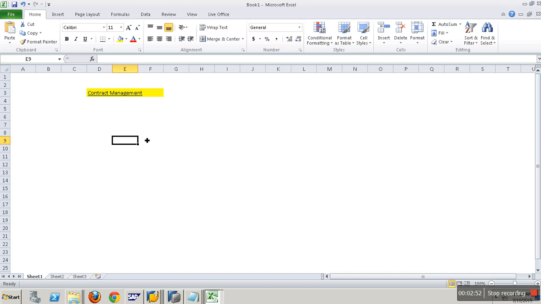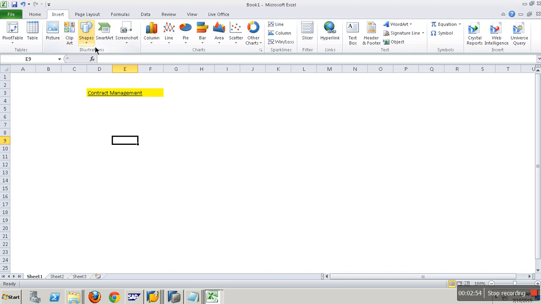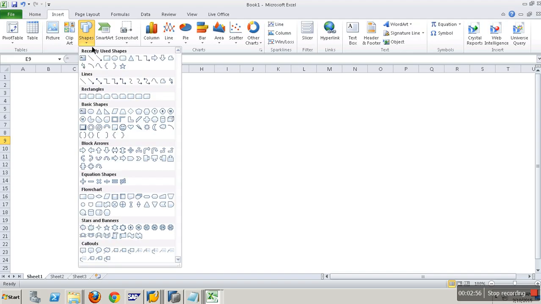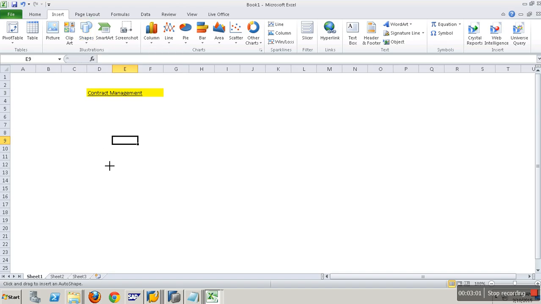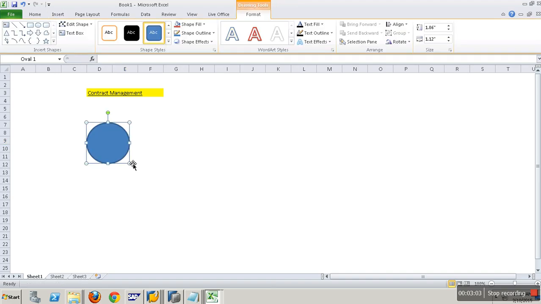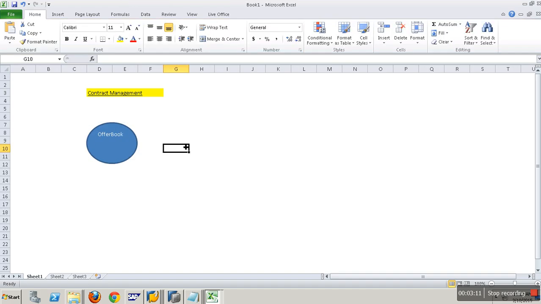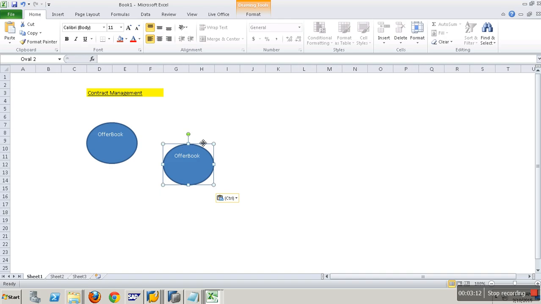Now look at this. The functional consultants, or management consultants, propose a solutioning like this. They're going to have something called an offer book. Next, we're going to have the contract.